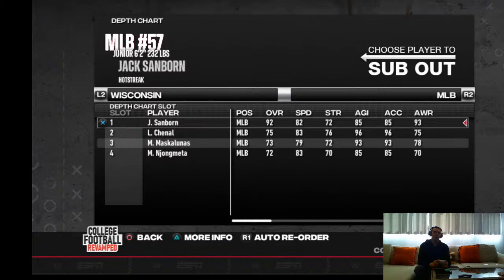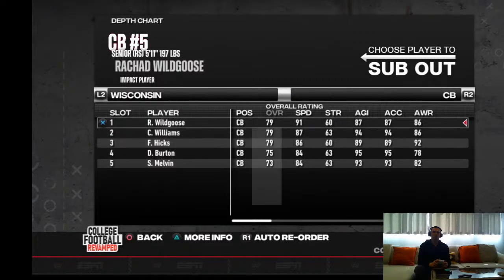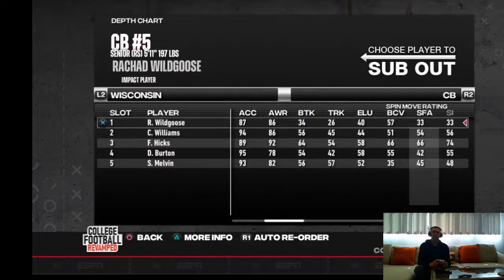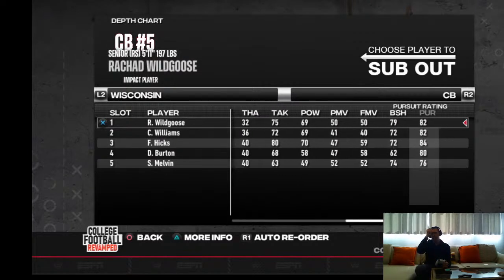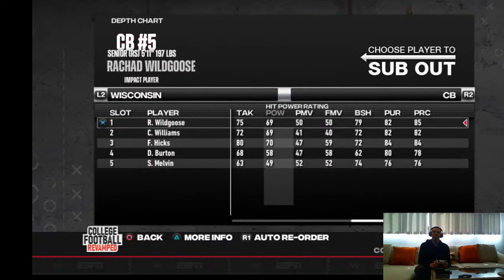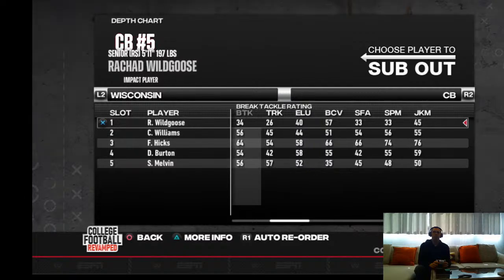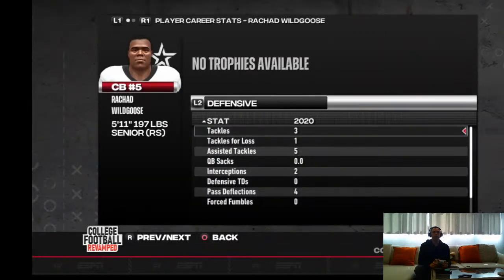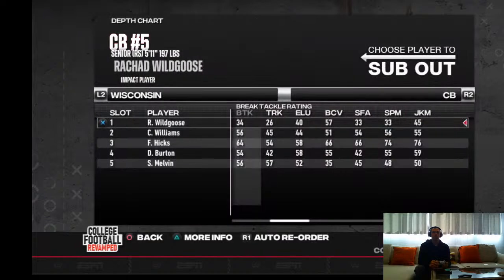They got a good middle linebacker, a good right outside linebacker. The secondary is not great. I want to see what their play recognition is like with play action, see if there's an advantage there. Yeah, they're pretty good, so I'm probably not going to see too much open up. And their coverage, solid, nothing crazy.